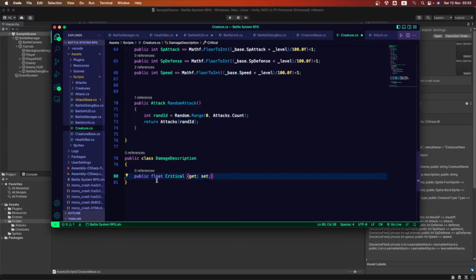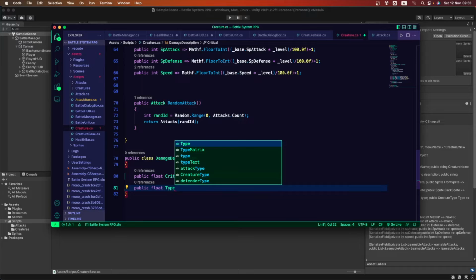This is just the bare bones, because here we're not saying anything. This value is going to come from any other place where we use this variable. We need another one called type, and this is where things get interesting.